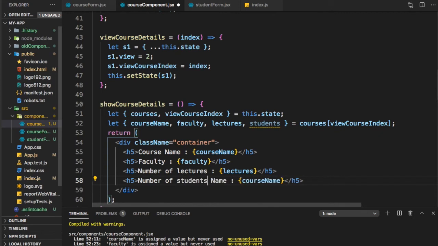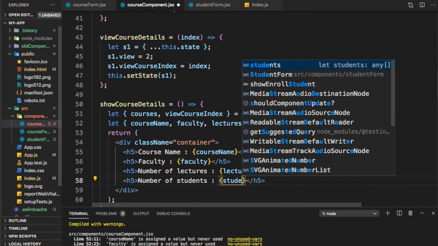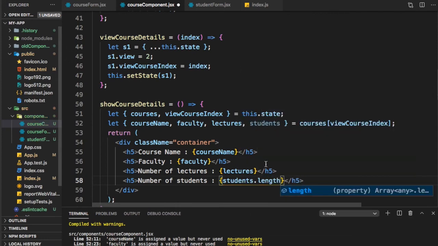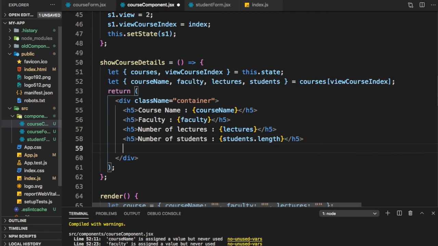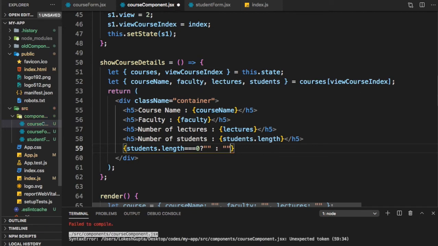Number of students. So once we have shown these, let us show the table of the students. So I can say students dot length is equal to 0. If there are no students, I will show an empty string. Otherwise, I need to show something.